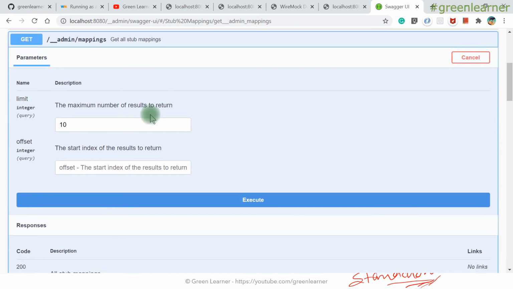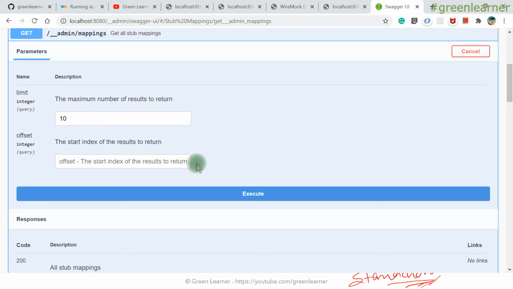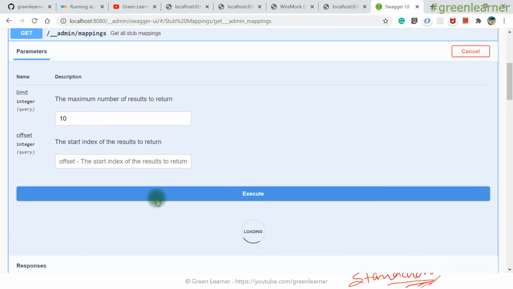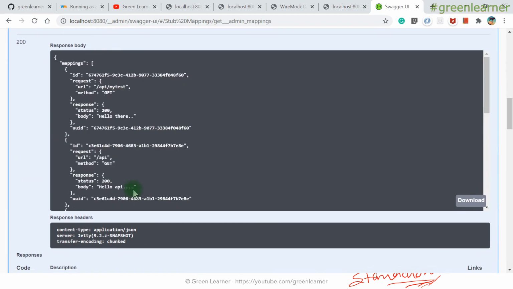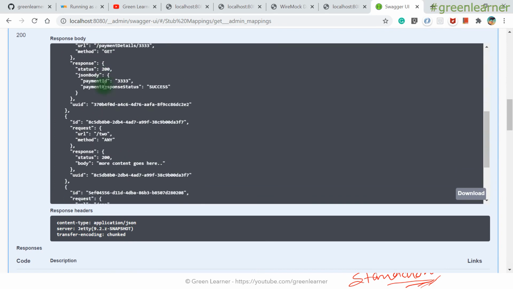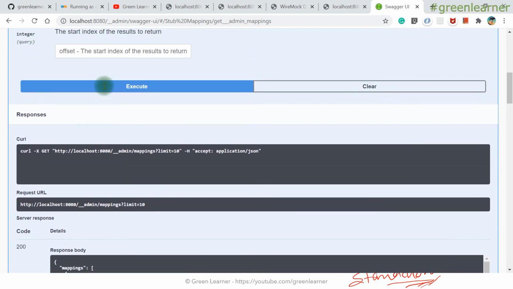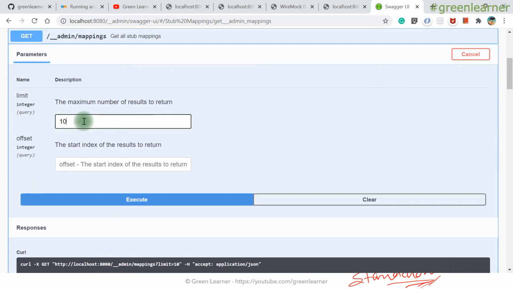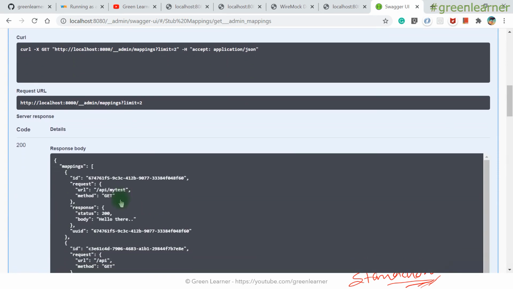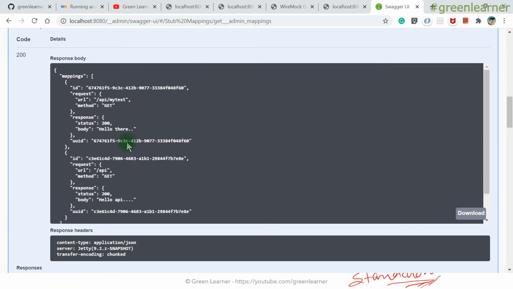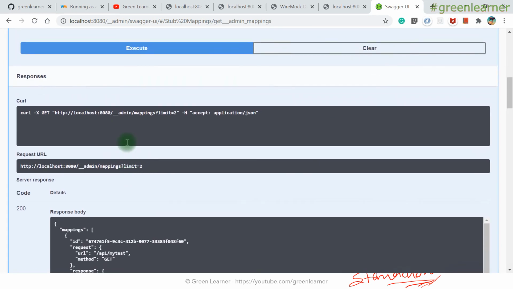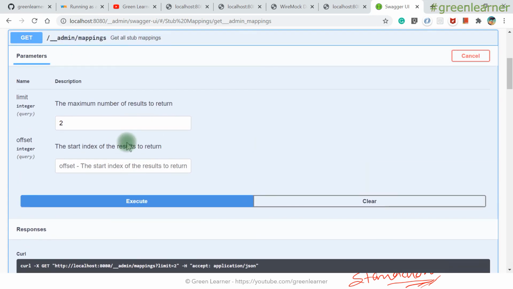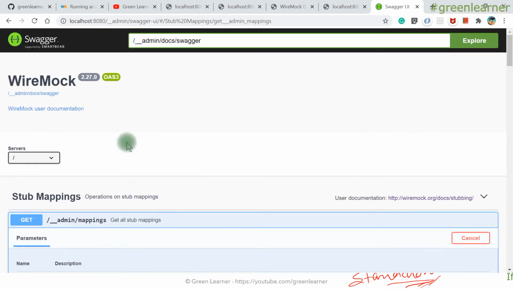If I come here, I can give the limit here as well, how many things I want. By default, it is going to give you all the things. So if I come here, it is giving me all the mappings that are there, but if I limit it to return only 2 mappings, it is going to give me the first 2 mappings only, right?